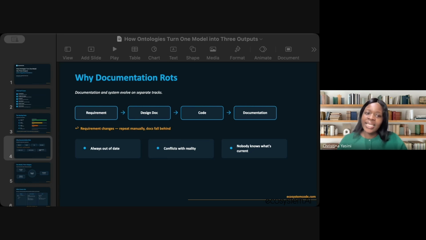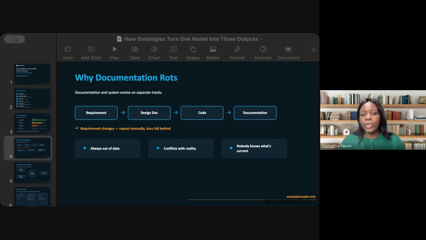And so what we see is that stale documentation actively misleads the tools that we're building on top of it, right? You can have a case where a developer asks an AI assistant, what does this endpoint do? The AI then pulls documentation that's 6 months out of date, and it gives a confident, detailed, wrong answer. The developer then goes ahead and builds on that, and the bug only surfaces 3 weeks later in production. This then prompts us to reach for alternative approaches, where documentation is generated from the same model that produces the code,